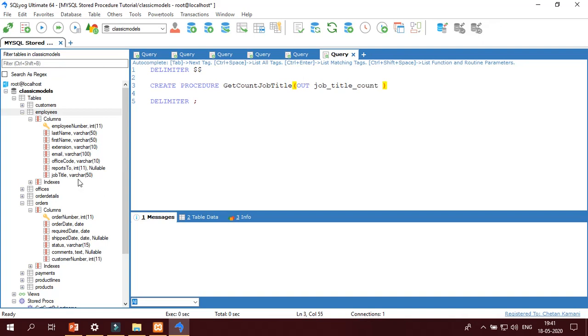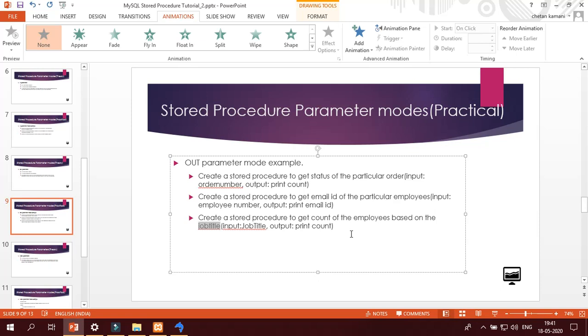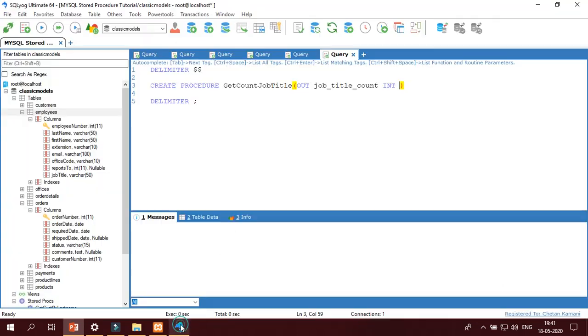What is the count? It means integer. Let me first read it: get count of the employees based on the job title. Count is an integer, I specified it, no need to specify again. Then begin.